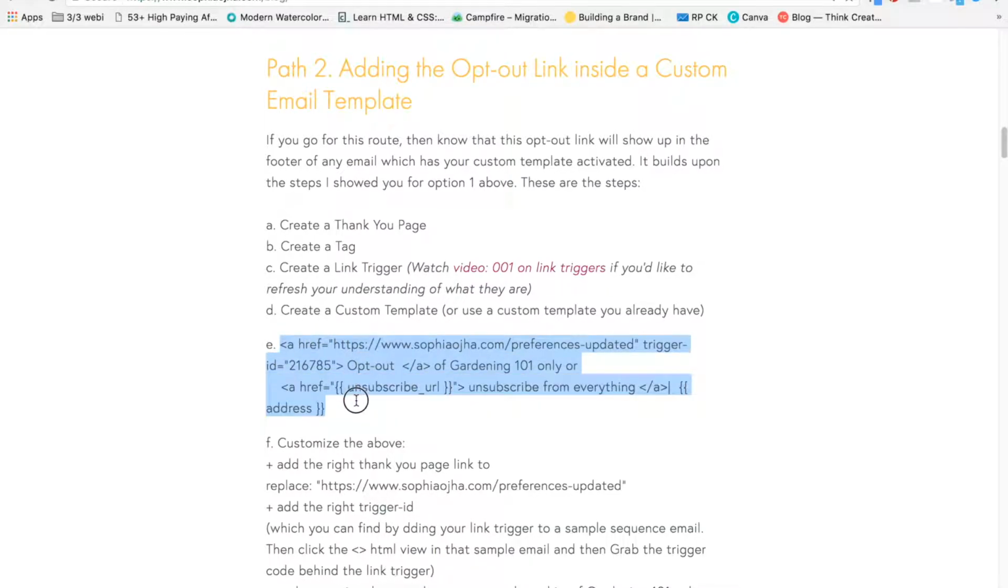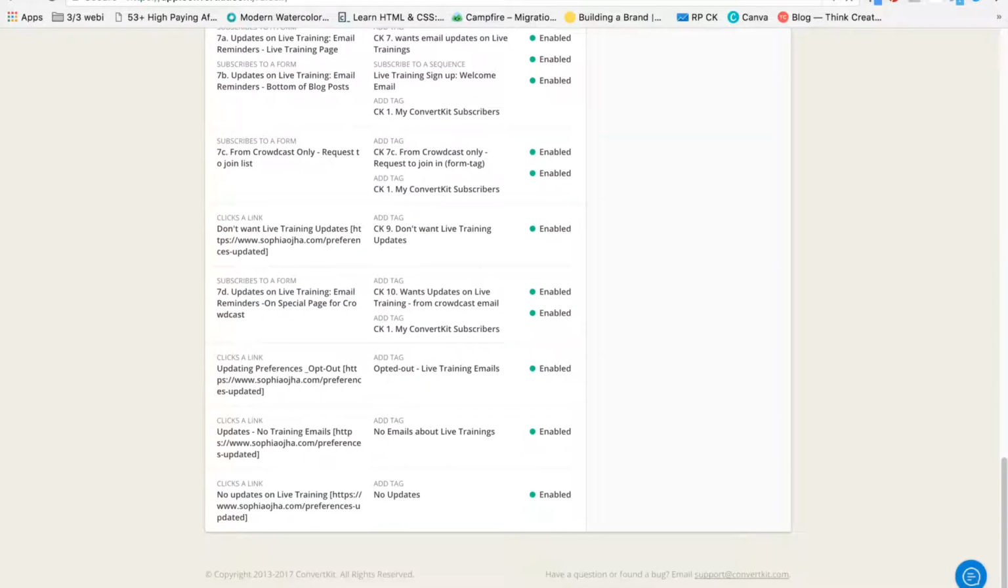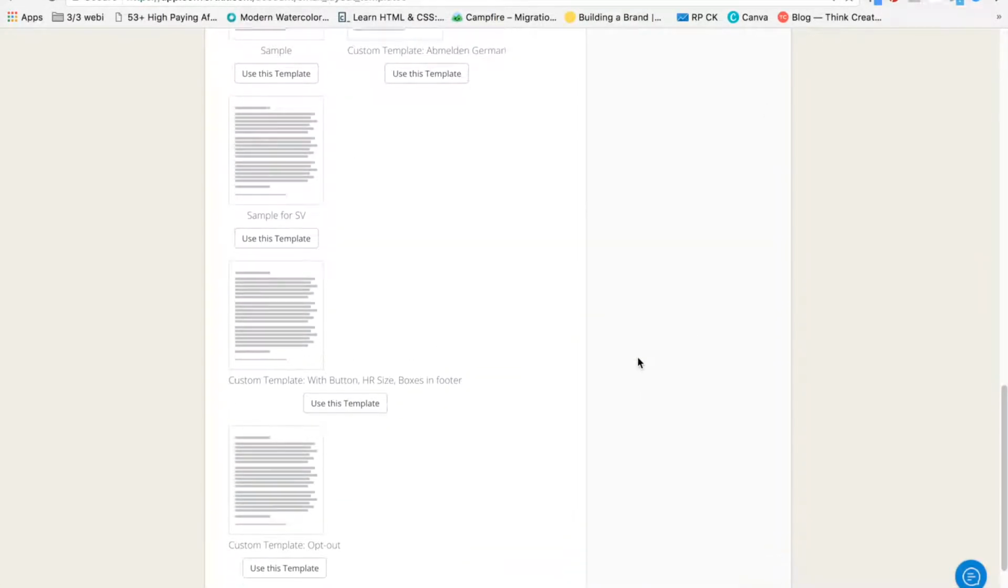So just grab this piece of code, and I know there are things that you need to customize, and I'll guide you through that, but just copy that and go inside a custom template. Let's say